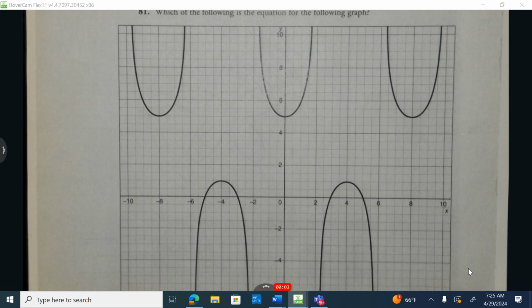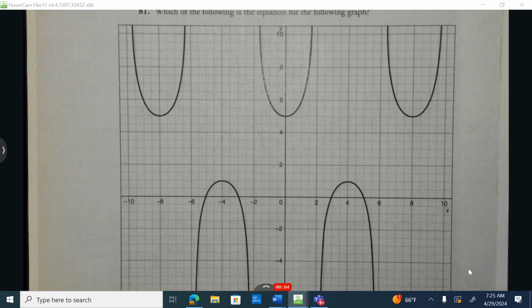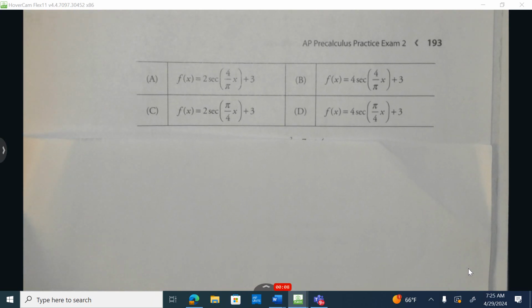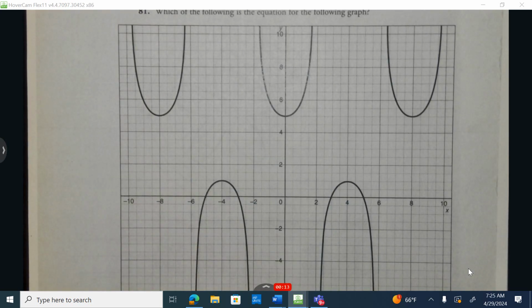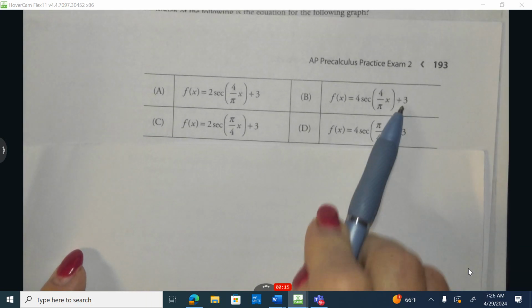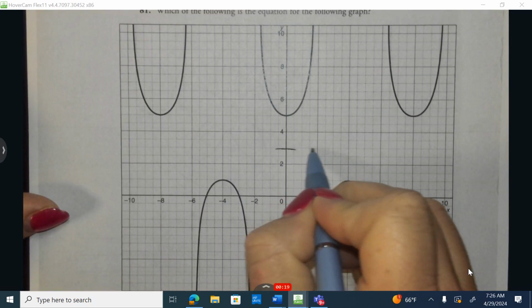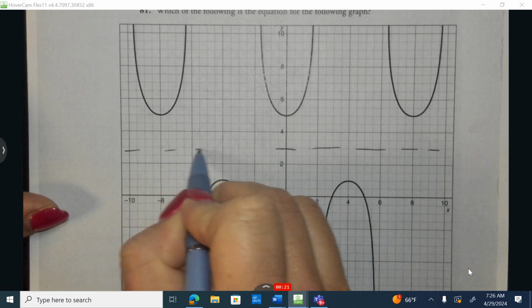By process of elimination, we will be able to choose which one of the 4 options is correct. Notice they are all secant functions, which would be the reciprocal of a cosine. The first thing I see is that all of them already show a midline at 3. And that is true, because notice that here is the midline of this graph, where it separates the